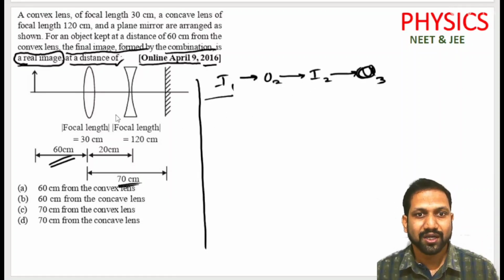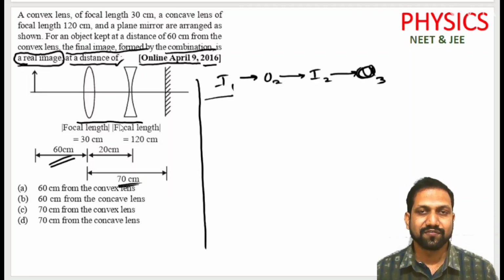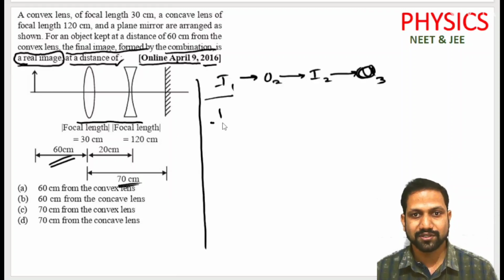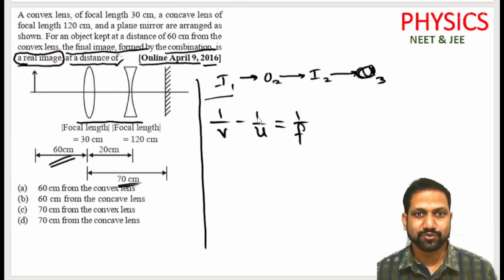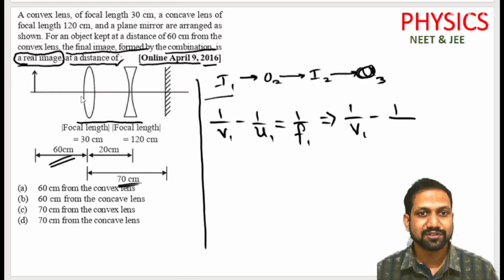Whatever lens they give here, whether convex or concave, the thin lens formula is applicable: 1 by V minus 1 by U equals 1 by F. This formula we can use for both the lenses. Let us use it for the first image distance. So this is V1 and this is U1. This is going to be F1. Now 1 by V1 is going to be minus 1 by U1. Object distance for the convex lens is 60 centimeters, but as I have told you clearly,